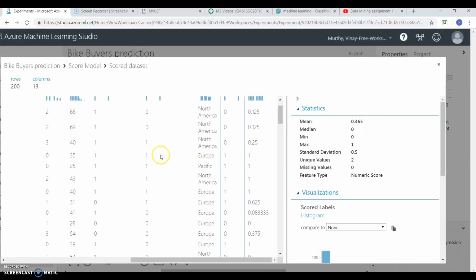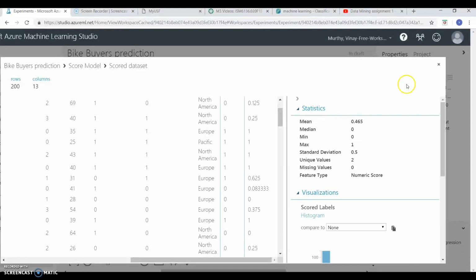Say for example, if the person actually bought a bike and our model did predict the same, what is the probability that it will predict it? That is 100% probability, and here it's 12%, 25% probability. This is the wrong prediction,